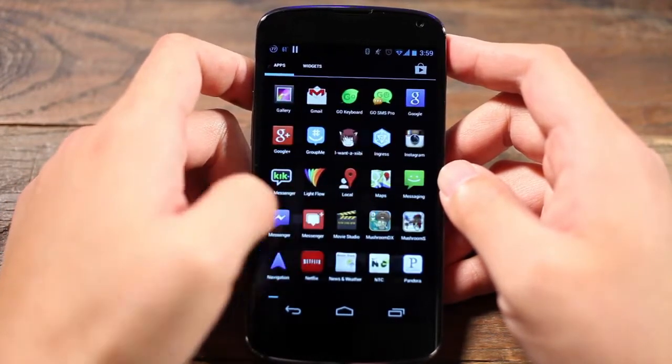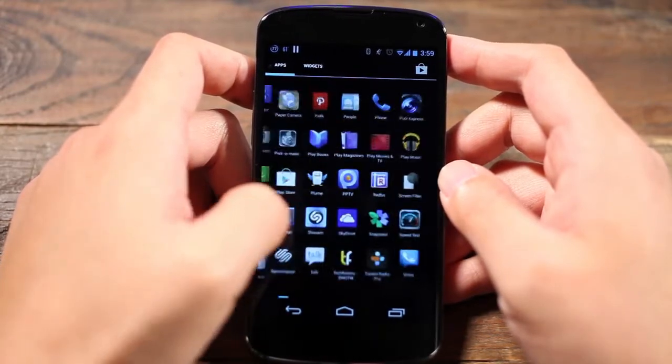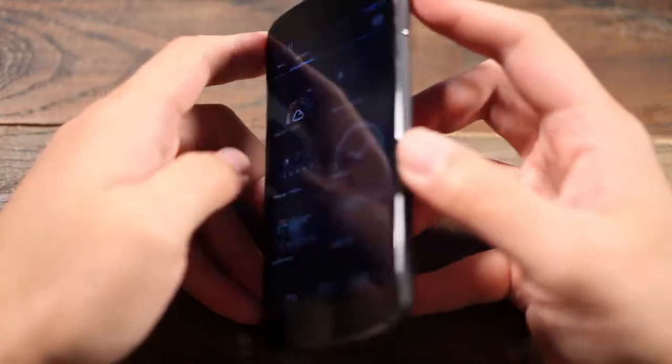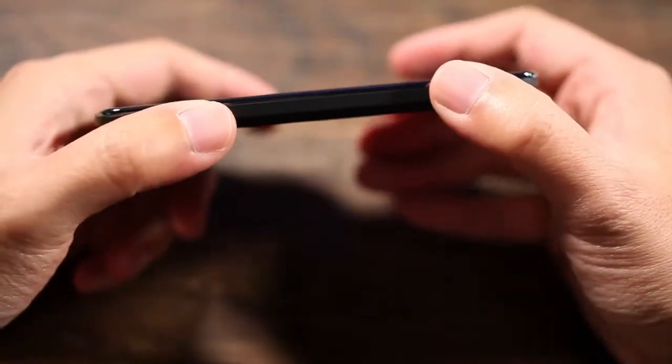The phone actually comes with 2GB of RAM, which complements the CPU very well. There's no slowdown in anything I do on this phone at all. And the only slow part is when I have poor reception and I'm waiting for web pages to load or apps to update. If you look at the phone around the edges, you got buttons on the left side and